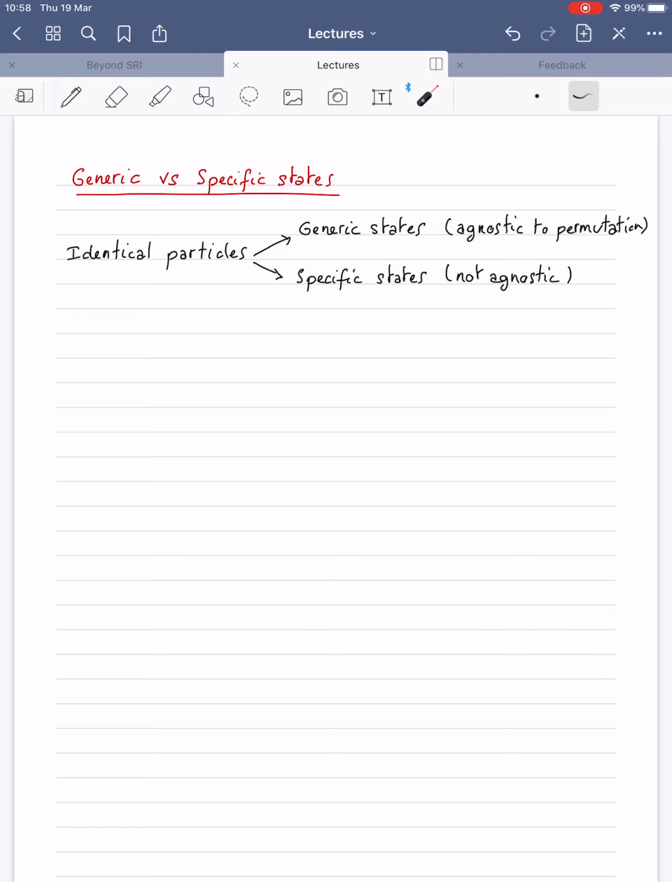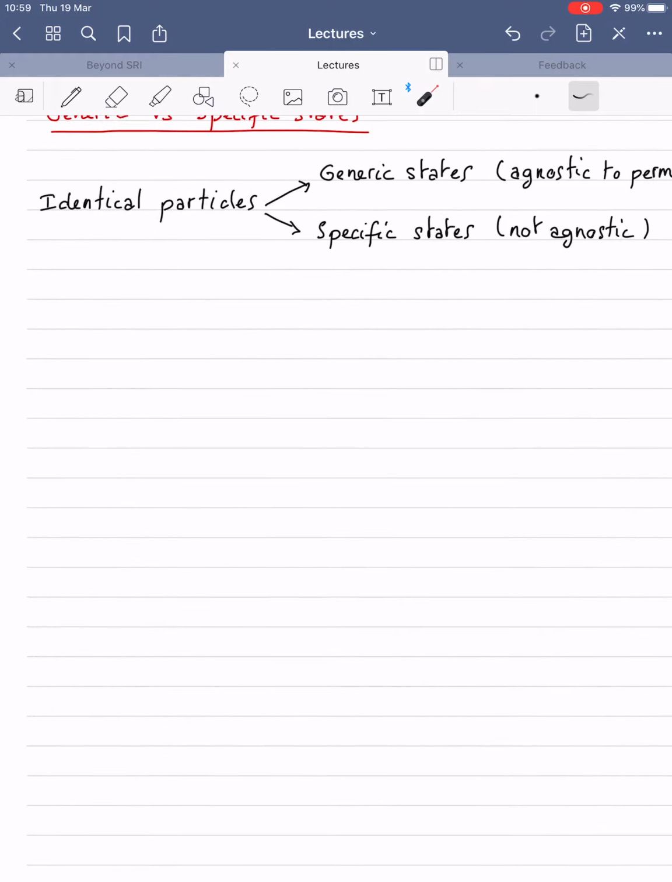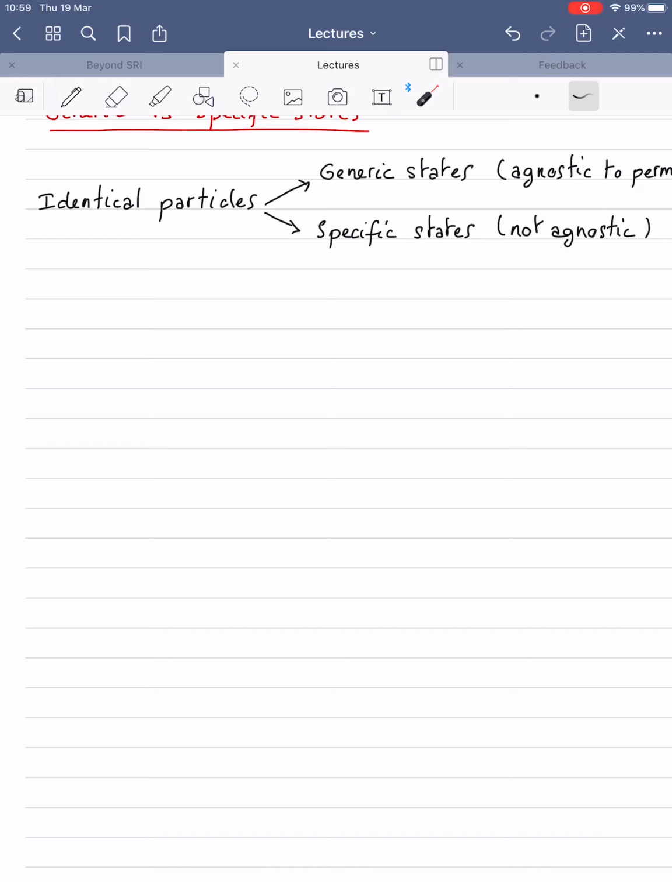Now, specific states are states where you want to say, no, particle number 1 is on my left and particle number 2 is on my right. And if this were to be swapped, then that would be a different state. Okay? And we want to know, when we do statistical mechanics, which ones we ought to use, or at least we want to justify why. So the basic idea is